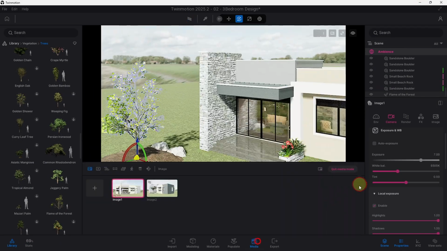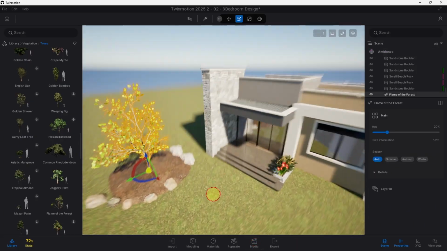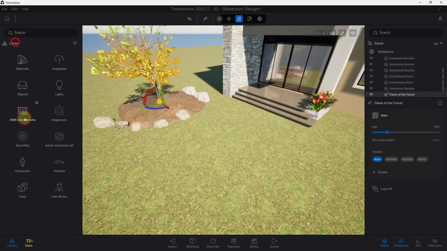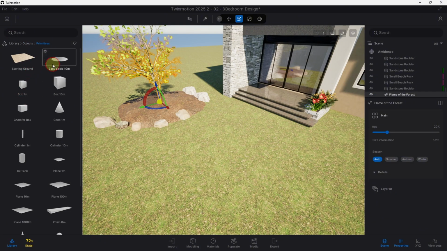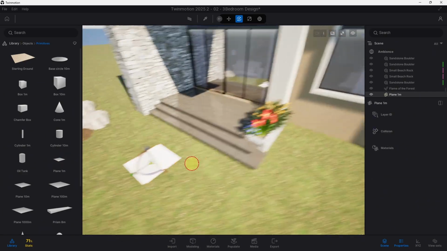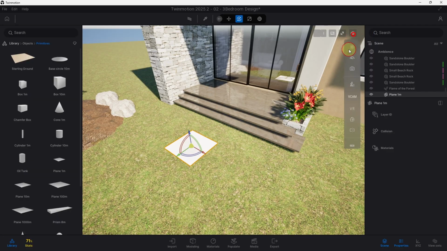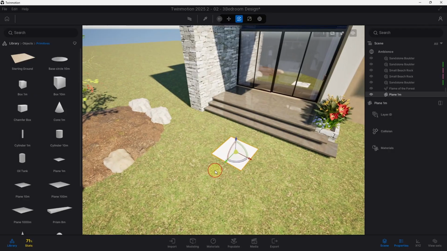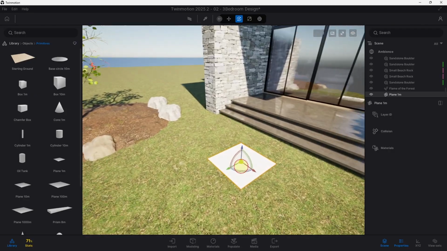I'm going to first unselect, quit media mode. I'm going to come here. When you come in Twinmotion, there's something under objects called primitives. We have a primitive of a 1 meter box or 1 meter plane. I'm going to drag it here. Or you can do this in Archicad if you want to. You can actually go back to Archicad and edit it using a slab. But for me, I don't have that time, so I'm just going to come,